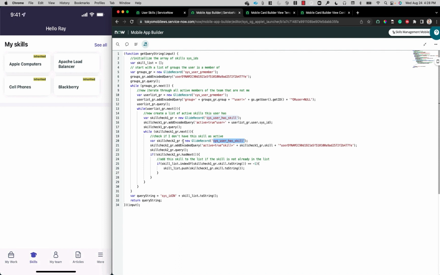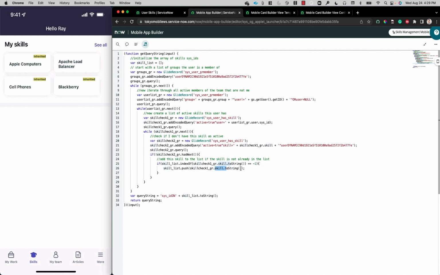And finally, what we still need to do is check that particular skill and make sure that we don't already have it, because we don't want same skills that we actually already have to show up there. The point is to see skills team members have that we don't have. So that's why we would check to see if the particular skill is one that the user has already. So this is just filter is dynamic me. And then if there is not a row returned by that query, then we can go ahead and add that particular skill